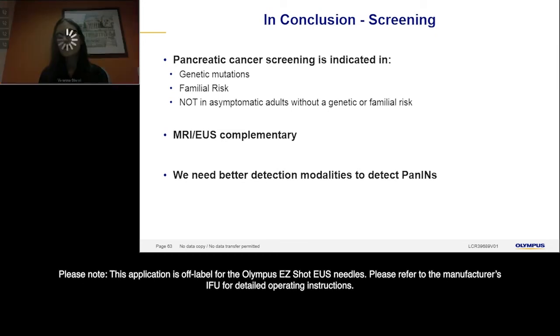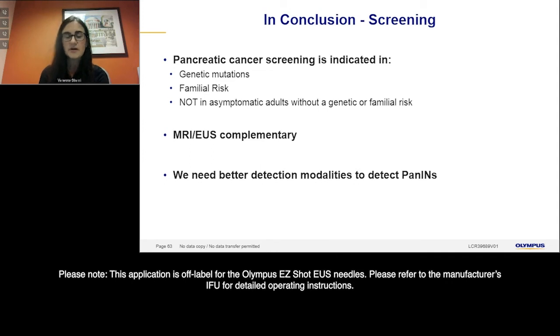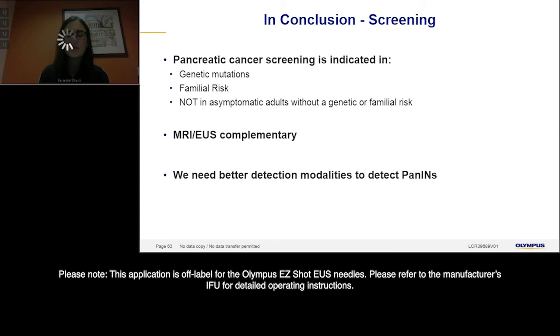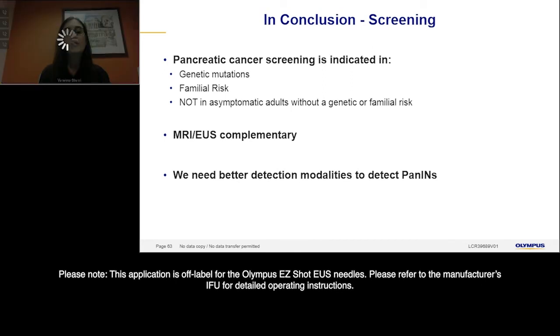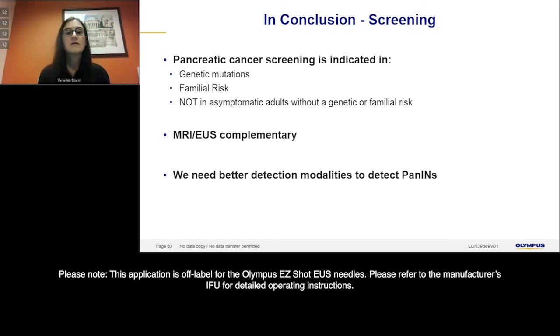I can say that at the University of Virginia, we use EUS because insurance companies will not pay for MRI unless we have a lesion. And I know it is state dependent. We really need better ways to detect PanINs, so we can even avoid pancreatic cancers in many patients. In terms of cysts,